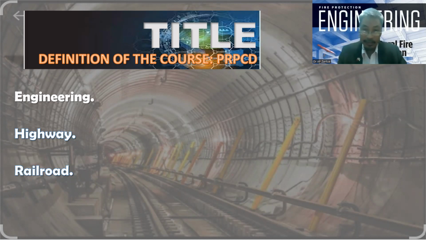So imagine that. And the buildings in, for example, Metro Manila, where this subway is currently being constructed, there are so many high-rise buildings, meaning this subway is really deep below the ground. So that is what we mean by highway, railroad, and engineering. I would like to ask you one by one what is the meaning of engineering. That's why I am avoiding defining it myself. So I would like to test your